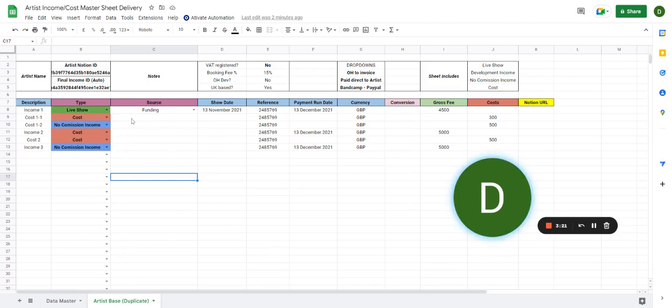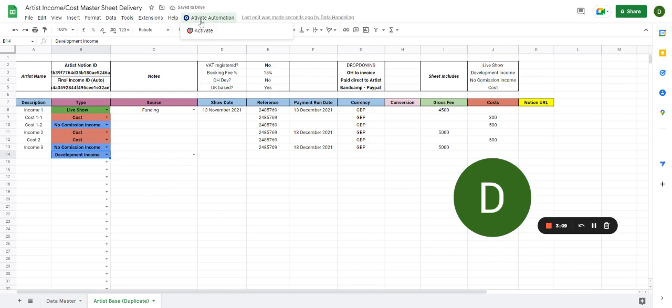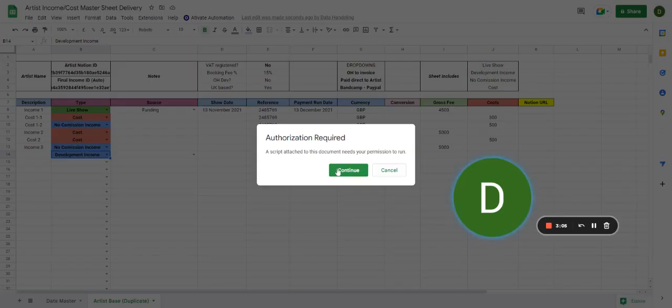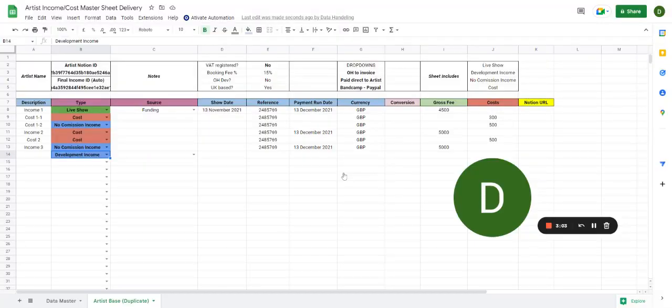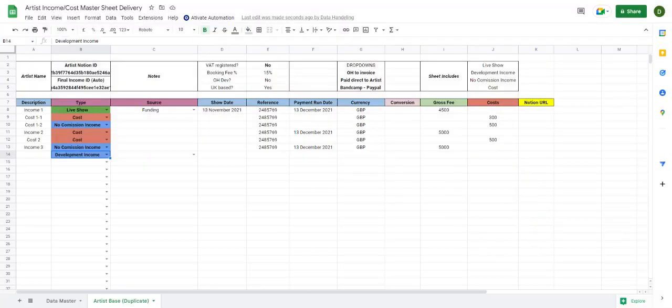Okay, so let me show you how it is going to work. So basically, this is a code, and there is a Google Apps Script SOP. Every time you are going to activate, if you make any selection, it won't work. So what you need to do is activate the code for the first time because you want to authorize. You have to press continue,